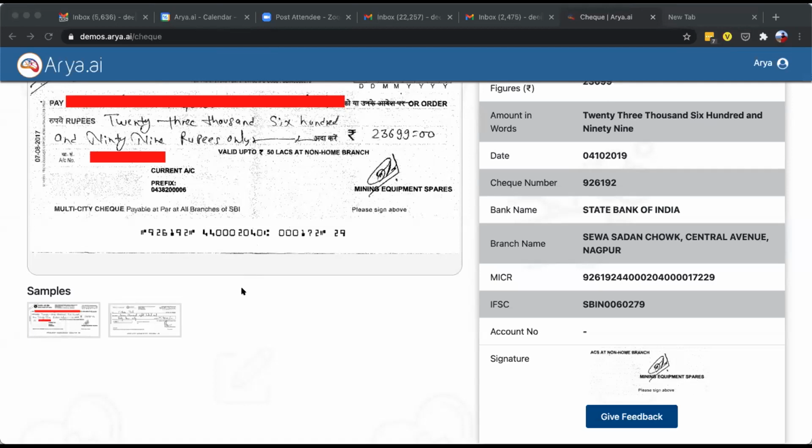Vedant says, how can we students contribute to this project? Definitely. These are my coordinates on the screen. You can definitely ping me. We can see how we can collaborate and work better to produce much better systems.